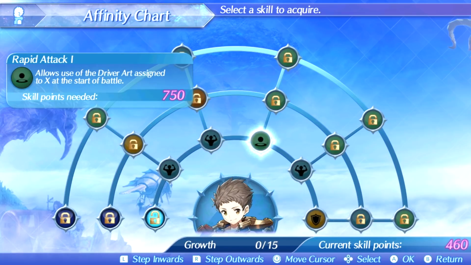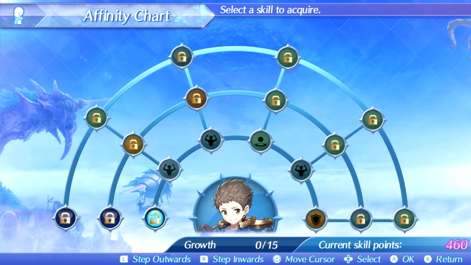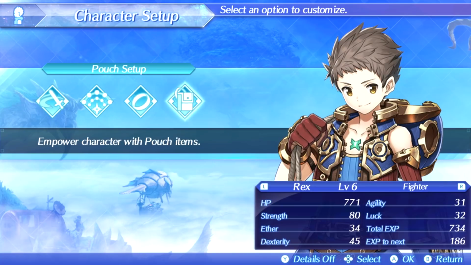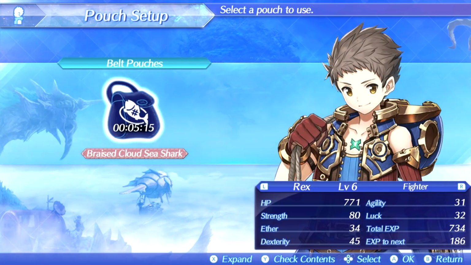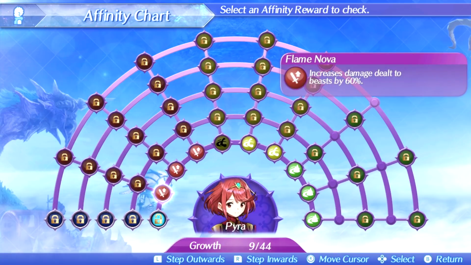Rapid attack. Allows the use of the driver art assigned to the X button at the start of battle. Why the X button? Okay, well, that's good, actually. I was sort of thinking that sort of sucks, that we're starting the battle with just being able to do auto attacks for a while. That actually is meh. I might as well just be stronger at this point. That's about that. Well, that's a thing at least. Okay, well. Do you have stuff I can increase? You don't seem to...